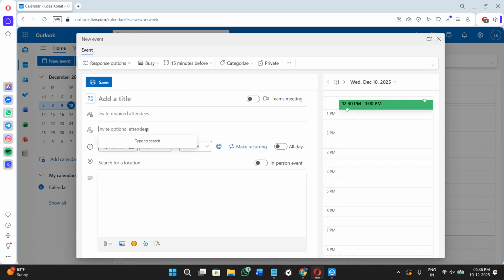And then we have this invite optional attendees. So this is our BCC main section. Here you need to provide the email addresses of all those people whom you want to hide from the main recipients list. After that, simply fill out the meeting related subject, the title, the date and the time, and then